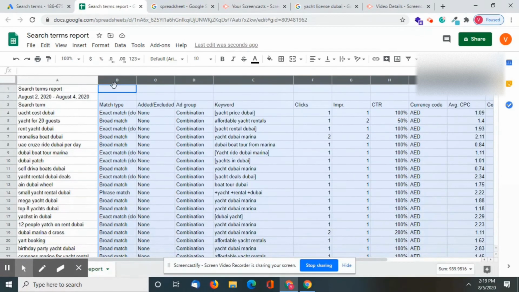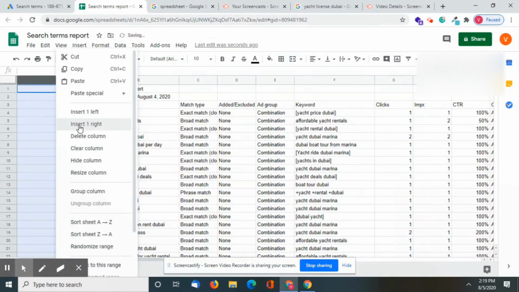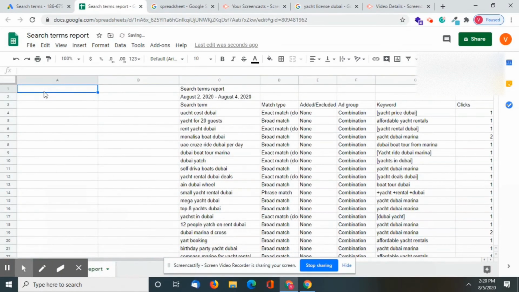Instead, I will keep two tabs here: one which is exact, that is positive, relevant terms, and this is negative, the terms which are not useful for us.